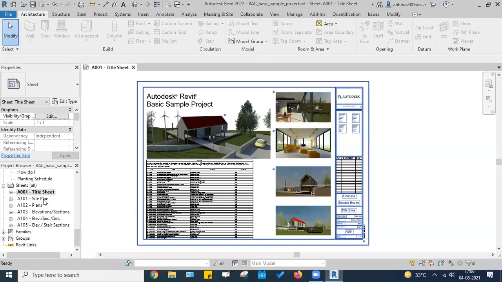So if we change the sheet, right now I'm on the title sheet. How can I change it to the site plan? If I want to look at another sheet, another drawing. This is a drawing only, finally prepared. It's not a model, it's just a drawing. It has been created from the model only. So if I want to look at the site plan, let's say,